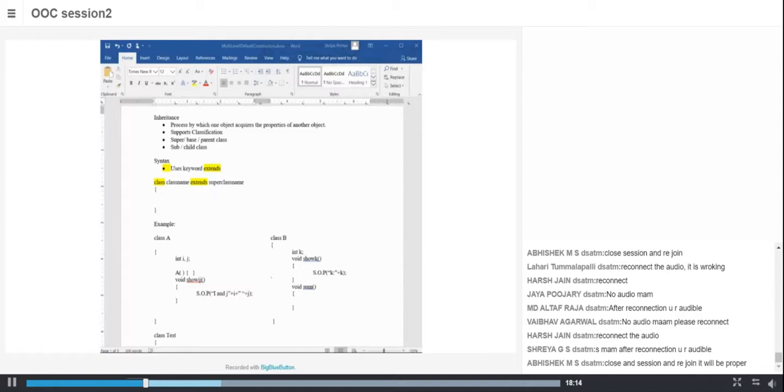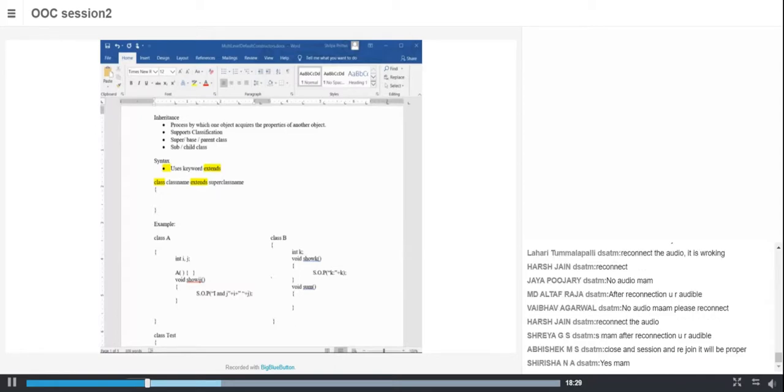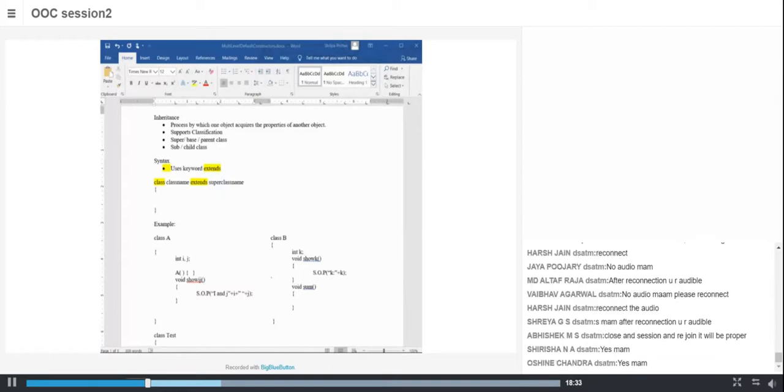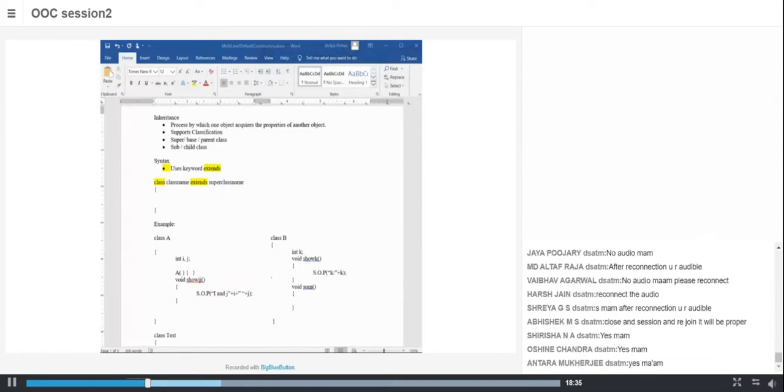So this is what I said. I hope I am clear with this inheritance? Okay, thank you. Now accessing the members will be the same.